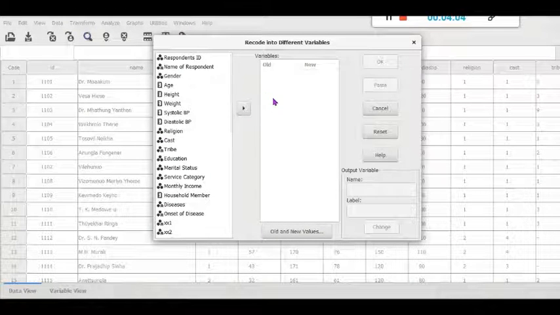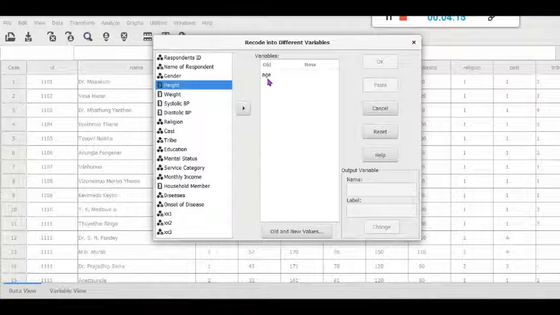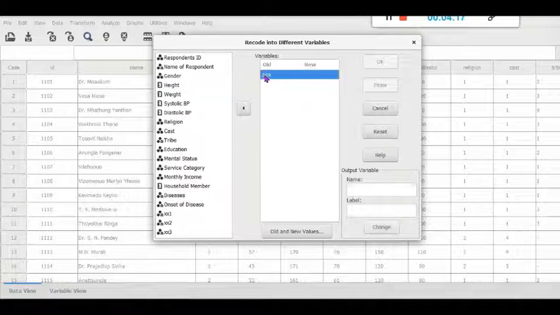A new window is appearing. We are considering the variable age. So let us click age, then take it to the right hand side. Click this variable, then we'll give a new name for that age variable. Suppose the new variable name is age grouping.